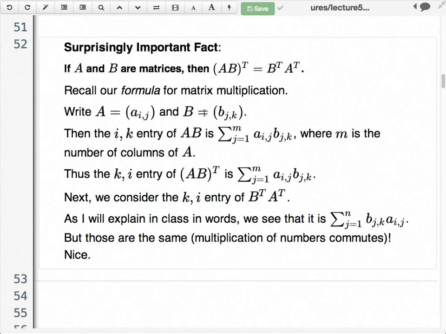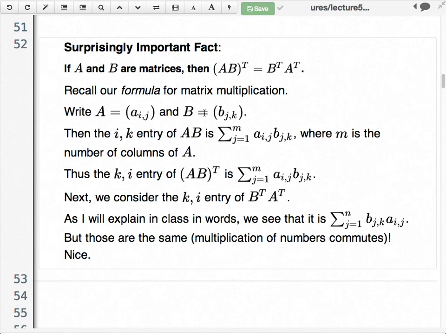Here, the first entry I just happen to have called i up here, but what happens is the row is the first subscript of the first matrix's general entry, and the column is the second subscript of the second matrix's general entry. So there it is, all the work I really had to do for this side. This is just writing out the general ik entry of the transpose of the product. That's a formula for it.